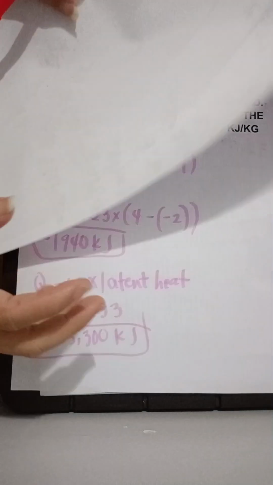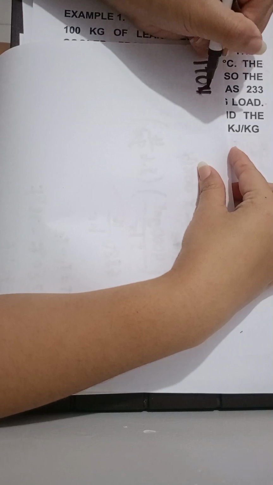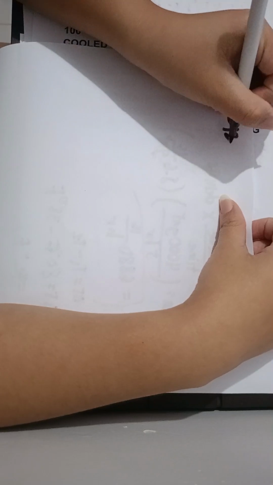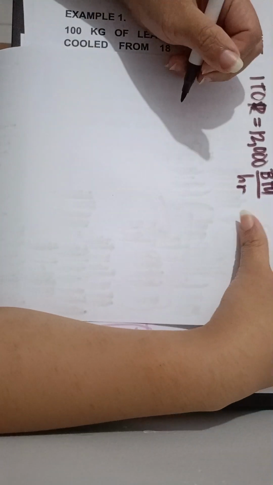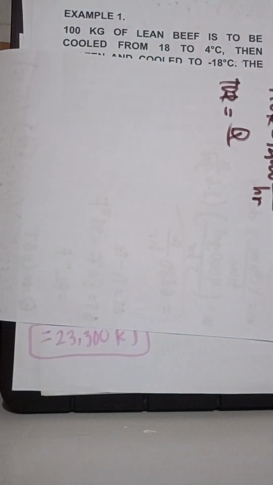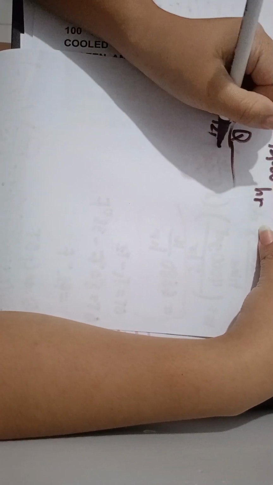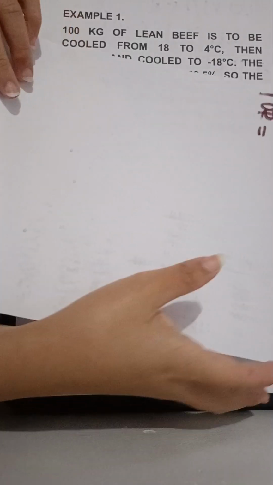So, for another, mag-convert na tayo ng tons of refrigeration. So, we all know that 1 TOR, not ton, is equals to 12,000 BTU per hour. So, TOR, this is the formula. TOR is equals to Q over 12,000. So, since yung answer natin sa last, this one, the 270,177.6,